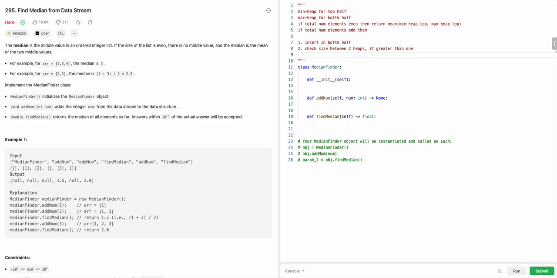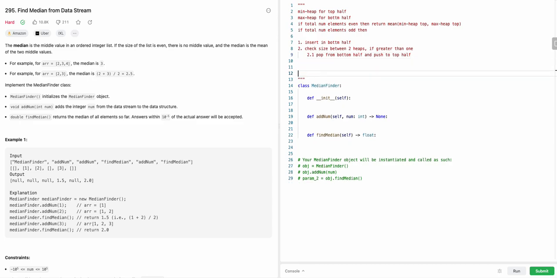then we can pop from the bottom half and push to the top half. So let's say we have 1, we push 1 to the bottom half, and the size difference between the two heaps will be, so let's say these are the two heaps. After this we will push 1,